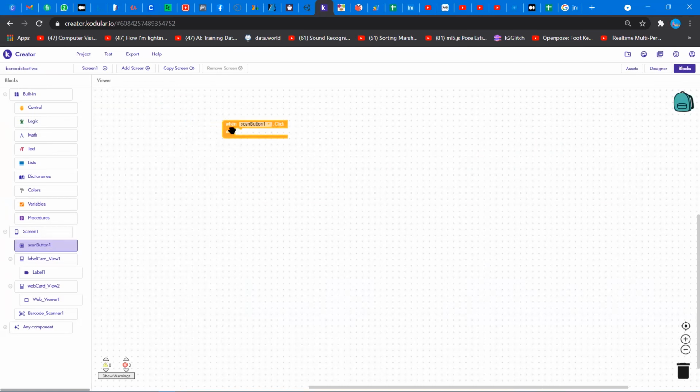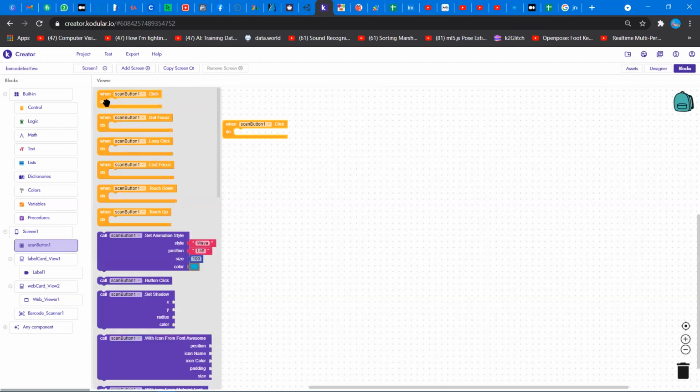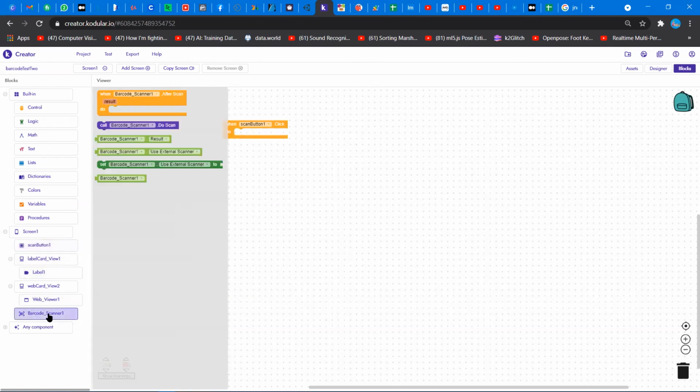Are we okay? We are going to blocks, right? Go to your blocks, and we start from the scan button. Can you see my mouse? The purple highlighted. Click on it and then drag the first block. Then go to your barcode, click on it, and then choose